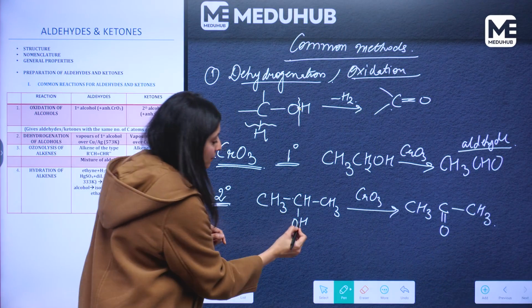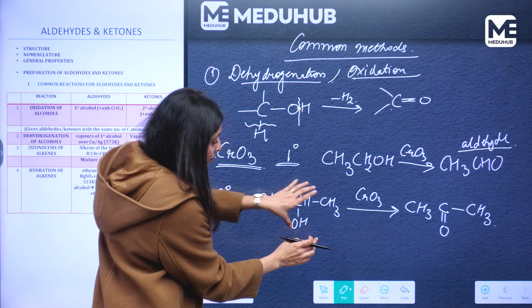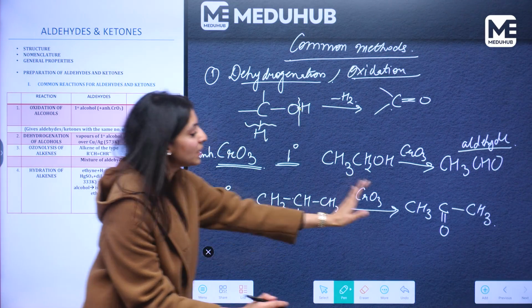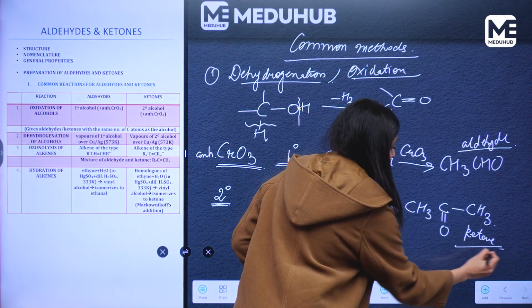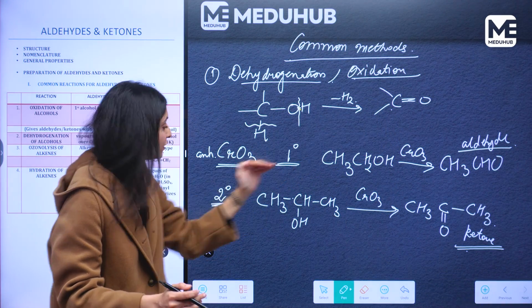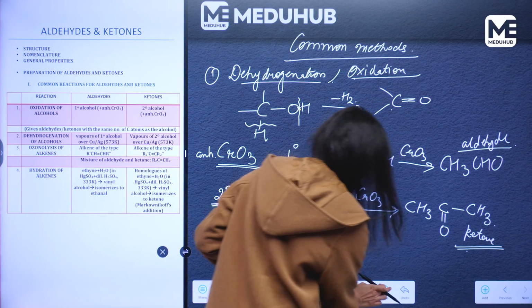Alright, here this carbon hydrogen bond broke and this oxygen hydrogen bond broke to remove a molecule of dihydrogen, giving us a ketone, which is acetone in this case. So a 1 degree alcohol gives an aldehyde, a 2-degree alcohol gives a ketone. Now there is another way